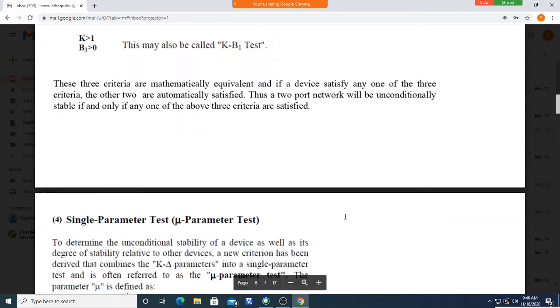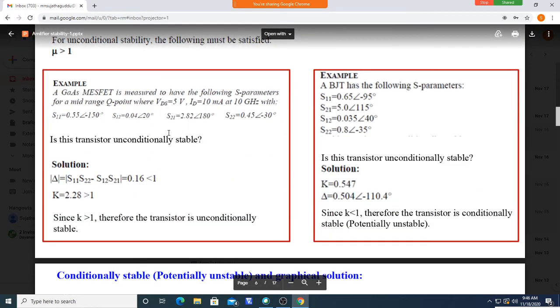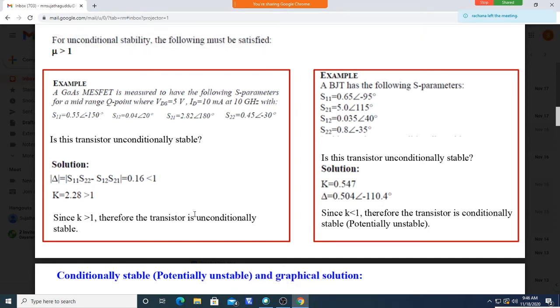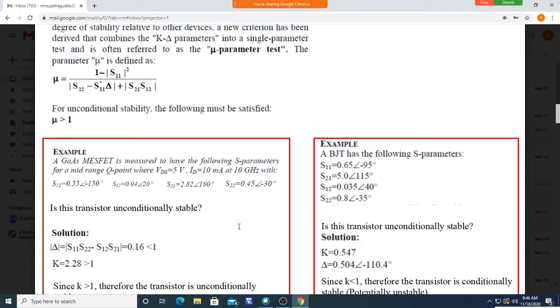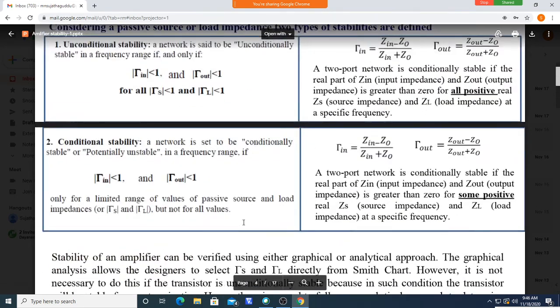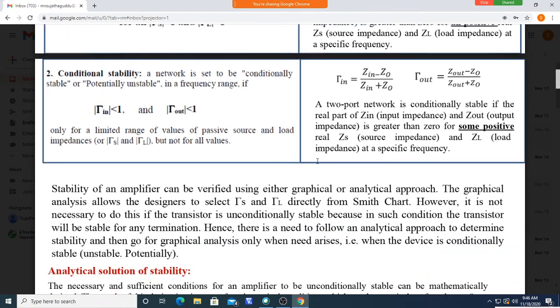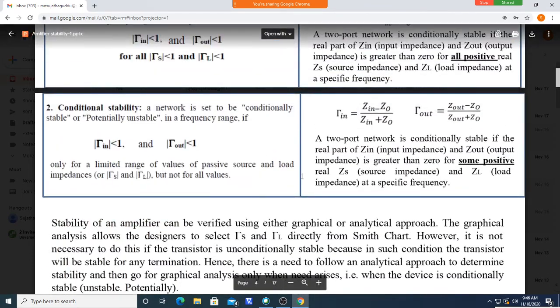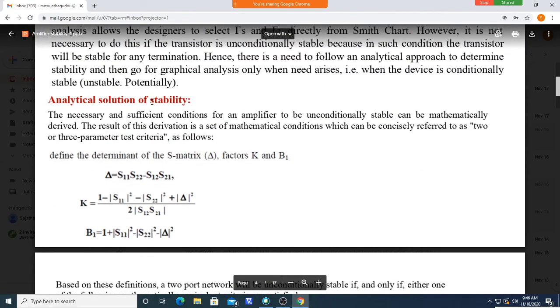They will provide a problem like this. Okay, so you check this delta and k values, and from that it may carry 4 marks or 5 marks. So totally the question may carry 8 marks, and also it is easy to do. It is not very tough. You can easily do that. So that is a definition and problem statement. Definition or distinguish they may ask, conditional or unconditional.